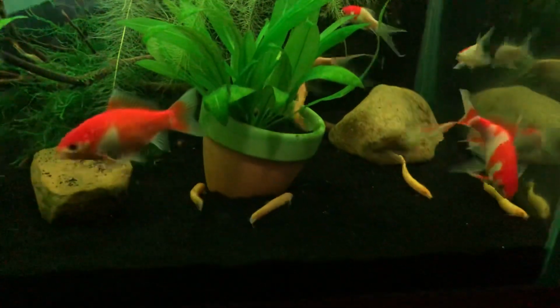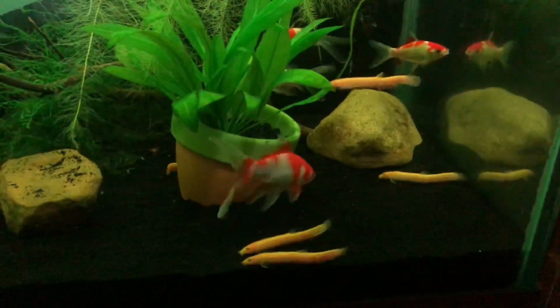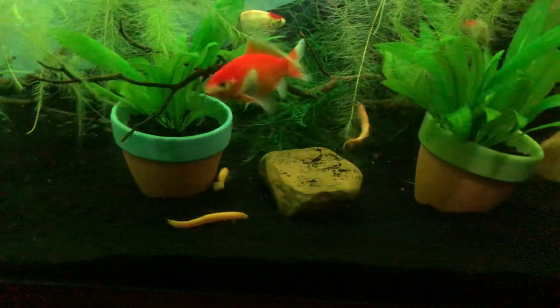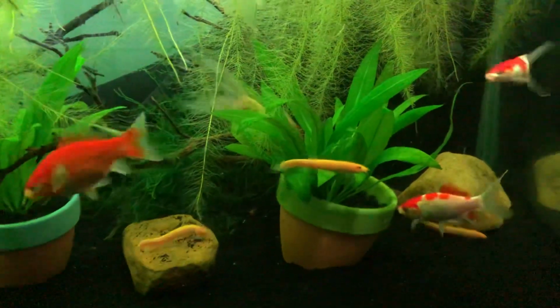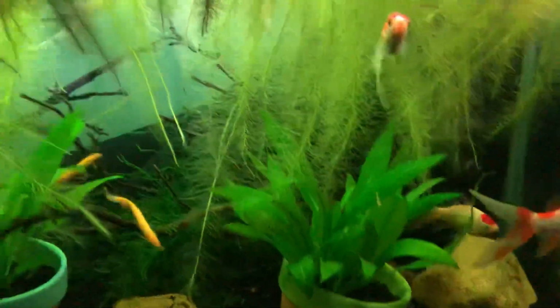Coolie loaches are nocturnal, so you really don't see them that much once you put them in a tank. But these Dojo Loaches are out and about, squirming around all day. They like a tank that has subdued light, which if we look at here,